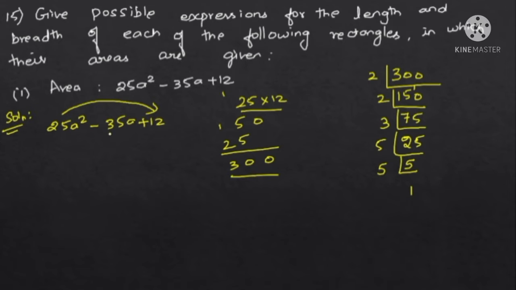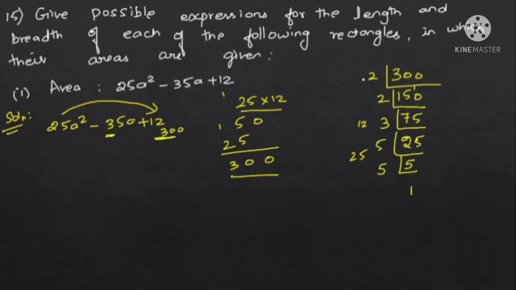Now whenever I choose two numbers and add these two numbers, we should get minus 35, and when I multiply, we should get 300. That is, here we are having 300. Like that we have to choose these numbers from these factors. So 2 2s are 4, 4 3s are 12, 5 5s are 25. If I choose 12 and 25, and add or subtract, definitely we won't get 35, isn't it?